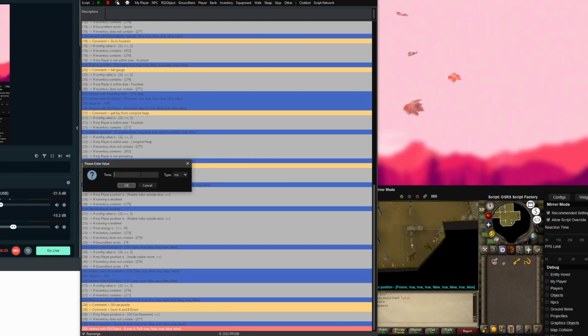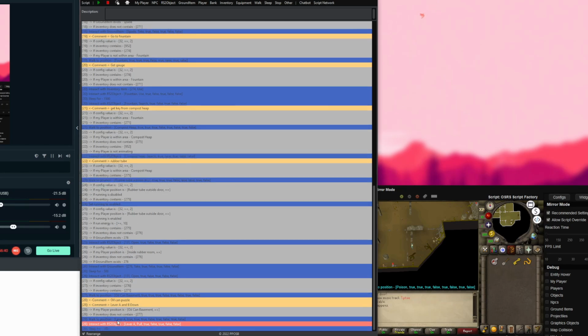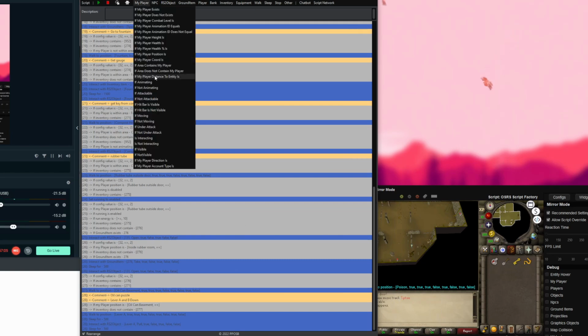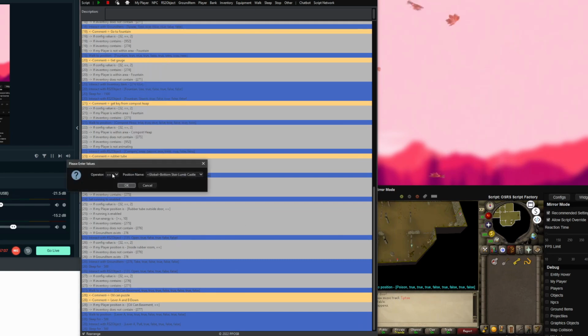We're going to throw some micro sleeps in here because I'm not sure if the animations are going to kill us. Oops, that's not right. If my player position... what this is basically doing is walking from this ladder position over to lever A, pulling lever A down. Now, if my player position is lever A,